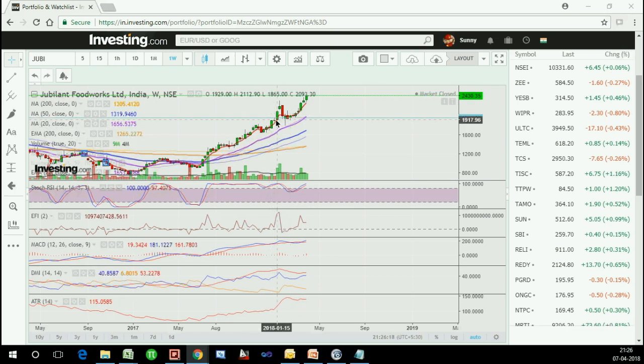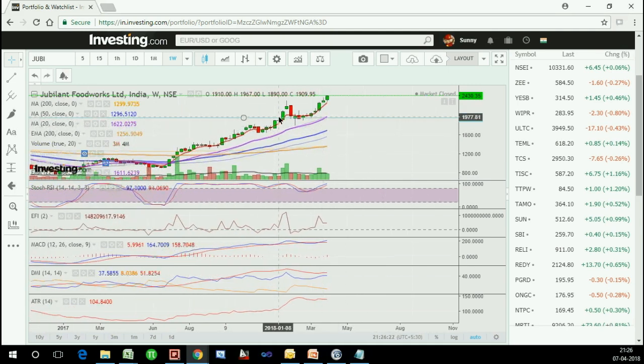The prices moved to a resistance. There was a small reaction. Can you see? There was a small reaction. So this is a doji, inverted hammer. So you would say, right, the price is going to turn back,